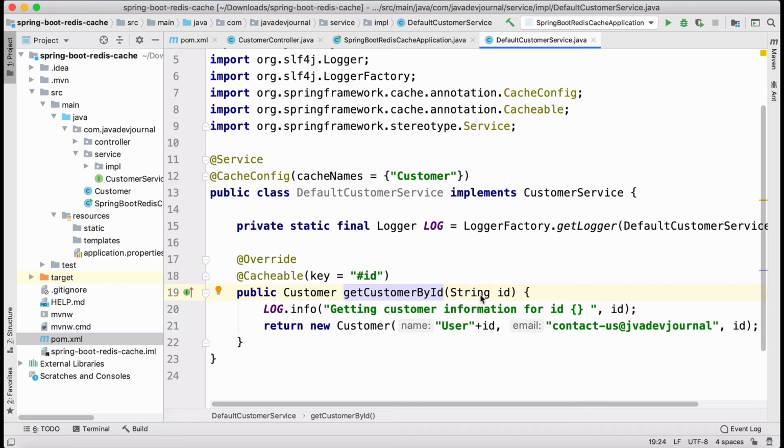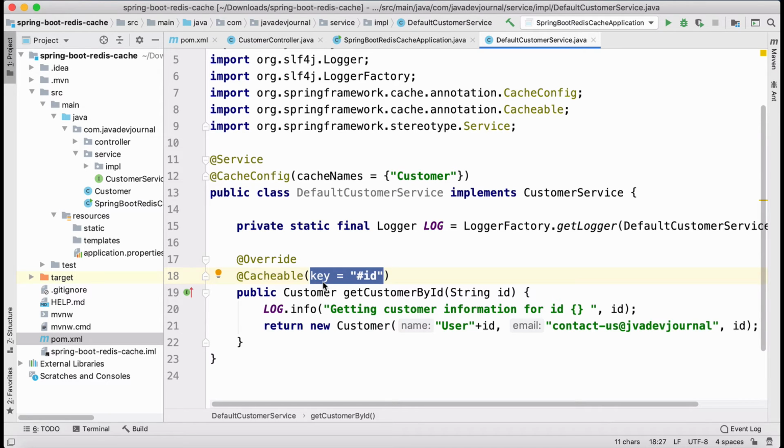Okay, so what I'm doing is, since every customer is uniquely identified by an ID, I'm using the Spring expression language, and I'm saying that, hey, use this ID as your key. So let's say if I'm saying give me data for customer ID 1, that will work as a key into the underlying caching system, and give me the data for customer ID 2, that will be another key, right?